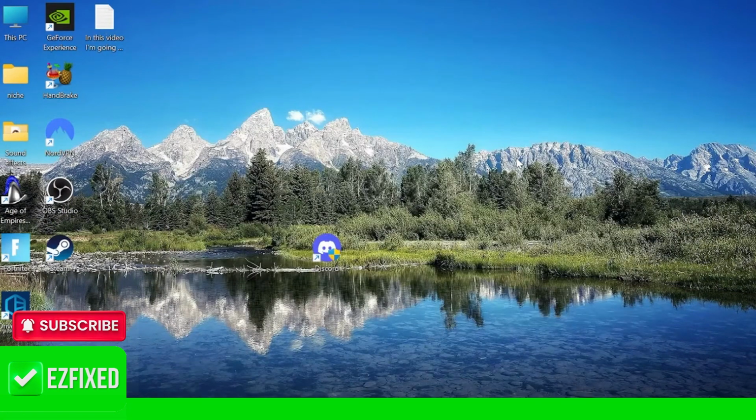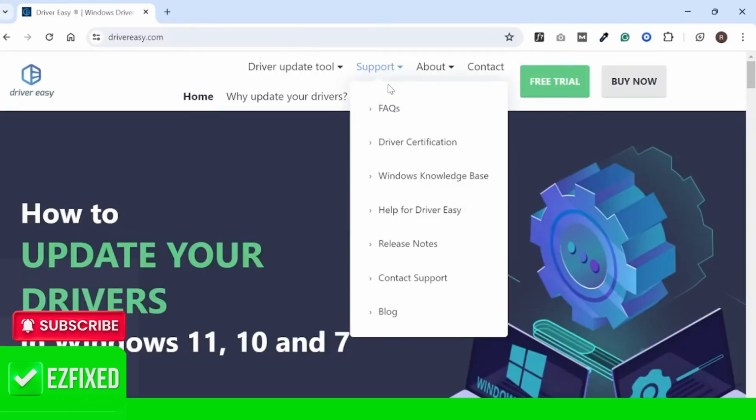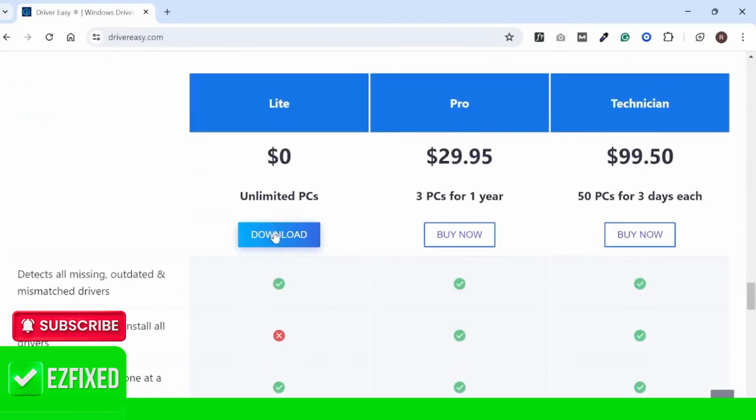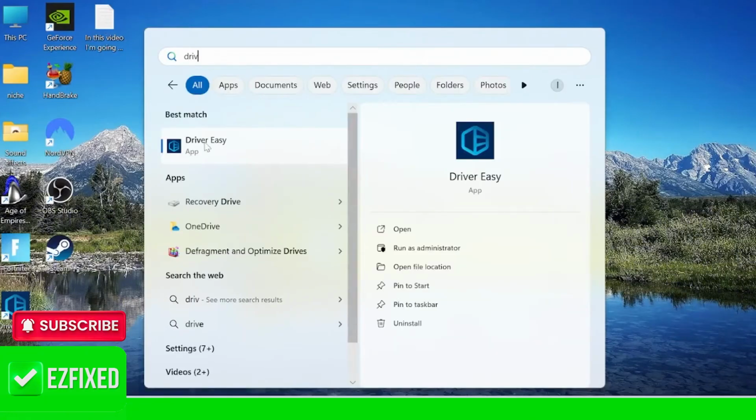Now if you've tried all of these steps and it's still not working, the last and final thing we can do is update our sound drivers. To do this, just head over to an internet browser and you want to come to the website called drivereasy.com. Scroll all the way down the page until you come to the download section and then just hit this download button here. Once you've installed it and downloaded the app, simply launch it from your computer,